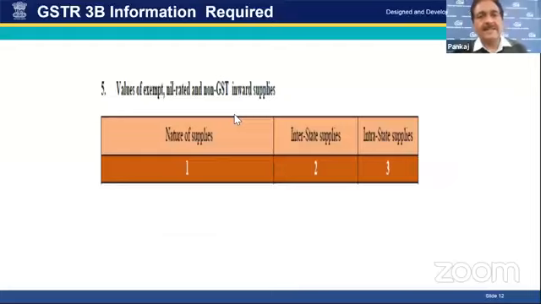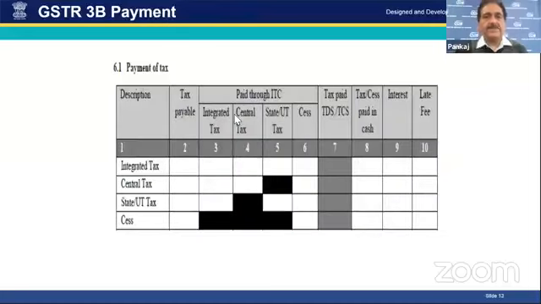So another section is that the value of exempt, nil rated and non-GST inward supplies are to be entered by the taxpayer in the GSTR 3B.